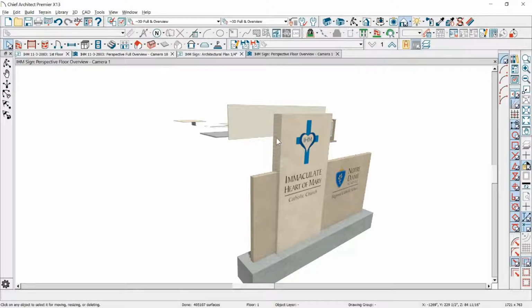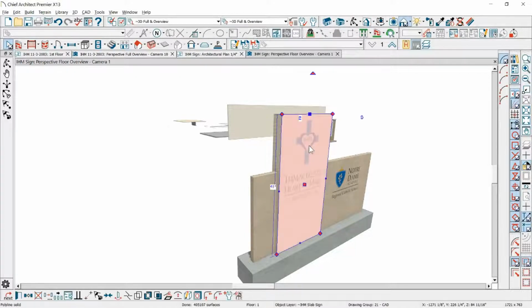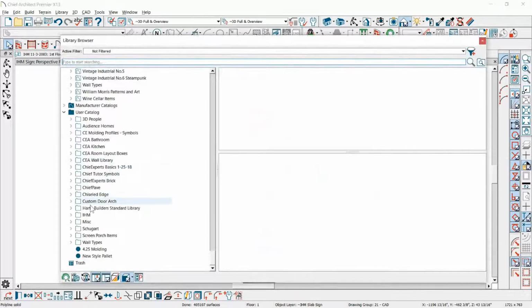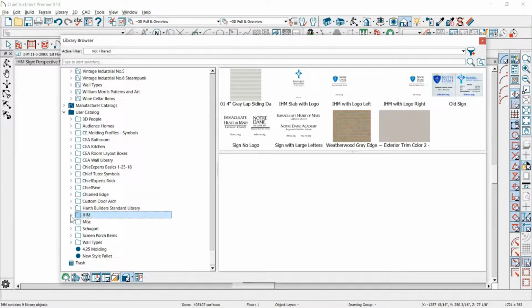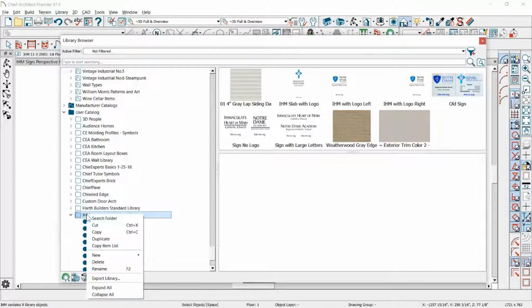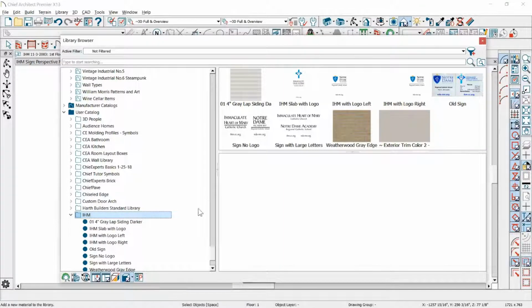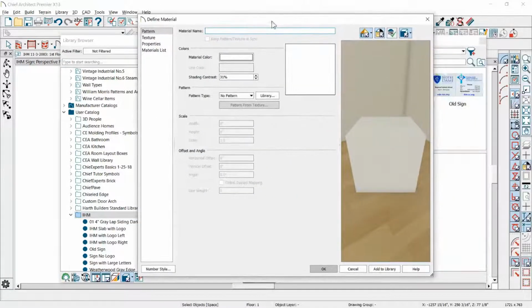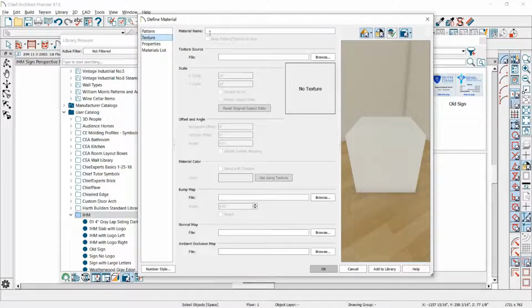So I had to make a photo, the right proportion of the box that I wanted, and then I just went and created new material. So you open the library, I created a folder called IHM, and I created a new material by right-clicking on the folder name. I went new material, and I created that from that photograph that I had of that sign. So any sign, anything that you want to put on a plan, you could do this really easily. So what I did is I named it,